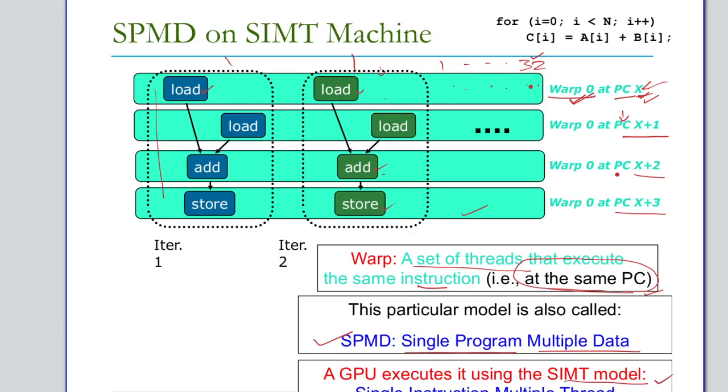So this is what you were supposed to learn in this video. We have seen what a GPU is. We have seen that in a GPU you will have multiple warps, and in each warp you have multiple threads. These threads may be executing on different data. So this is something that we have learned today.